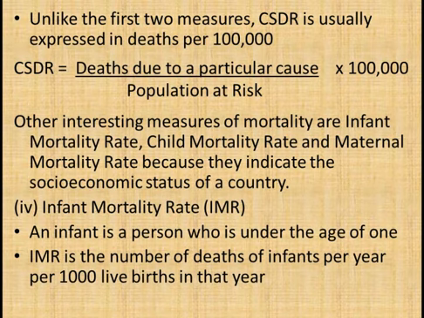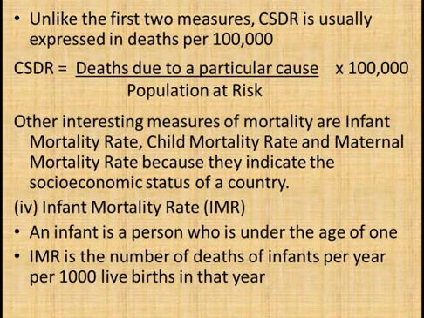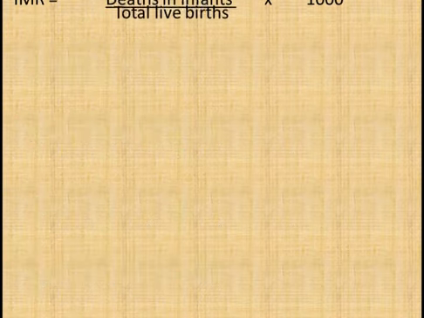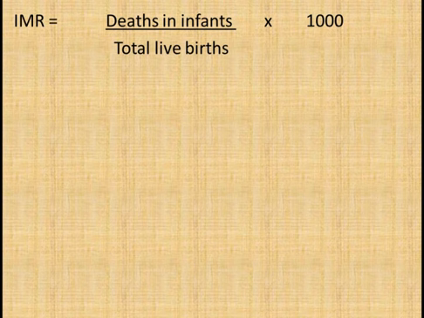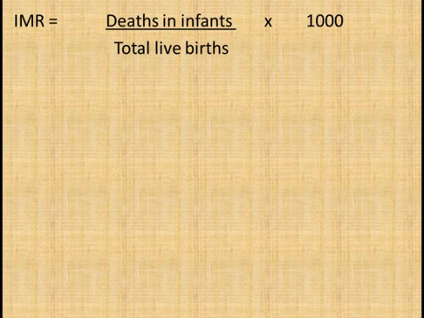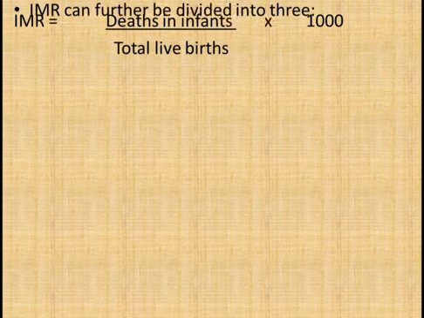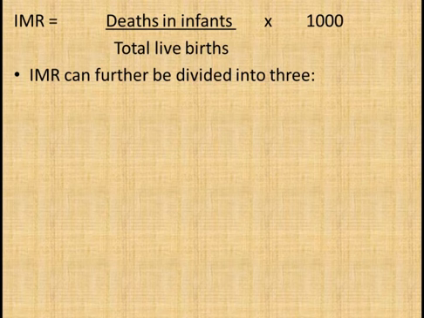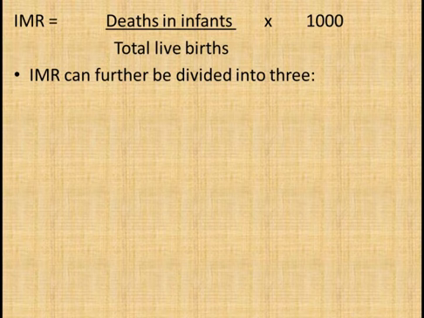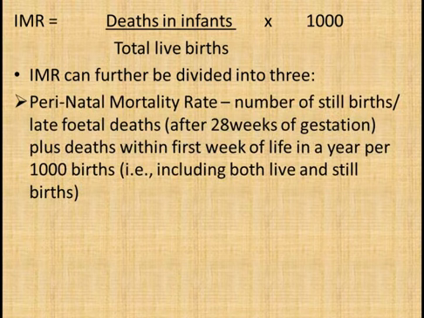And as a formula, infant mortality rate is given as deaths in infants divided by total live births times 1000. Infant mortality rate can further be divided into three. We have the perinatal mortality rate,